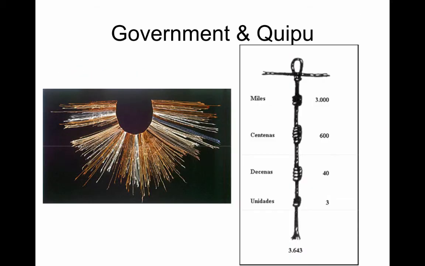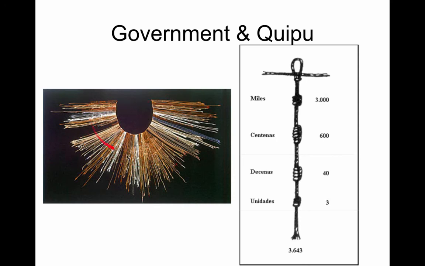All right, moving on. A way that the government functioned was by using messengers who were able to keep information by using something called a Kipu. So the Andean civilizations, people in South America, did not have a writing system. And that's really important to remember, because it means that everything they did had to be a little bit more elaborate. Since they never developed a writing system, they had other ways to help keep track of information. And the Kipu was one of those big ways.